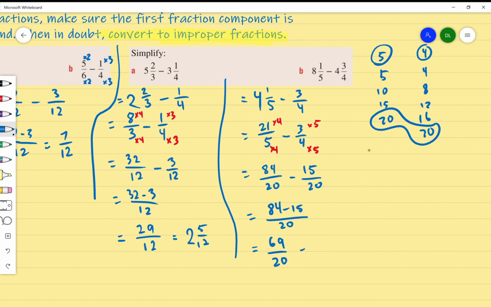Now, once again, that's an improper fraction, so I'm going to turn it to a mixed number. I think, well, how many times is 20 going into 69? Well, 3 times, because that gives me 60. And there's 9 remainders. There's 3 and 9 over